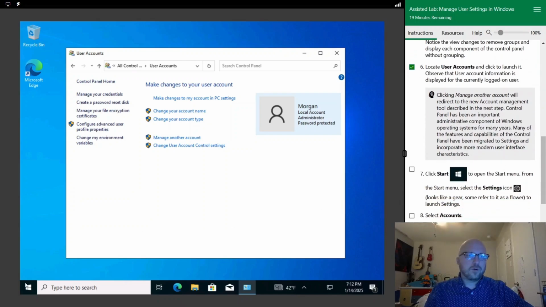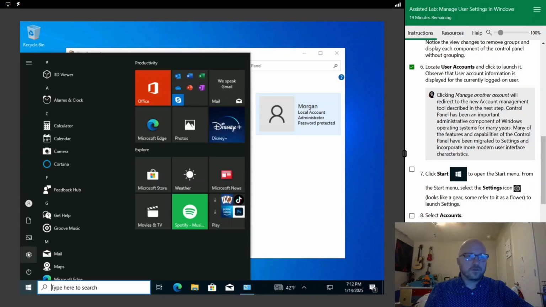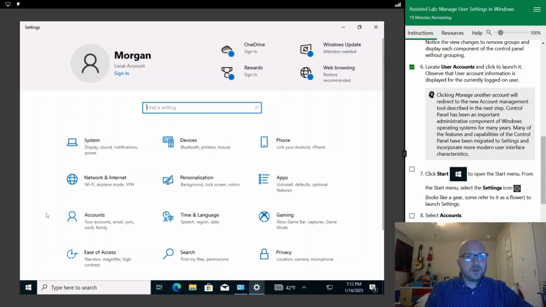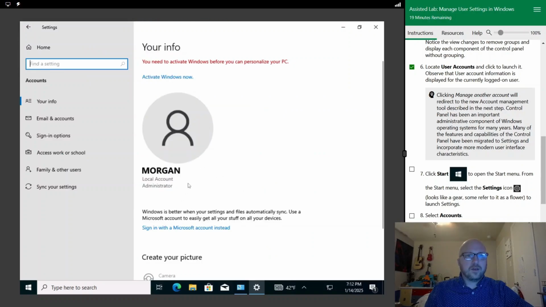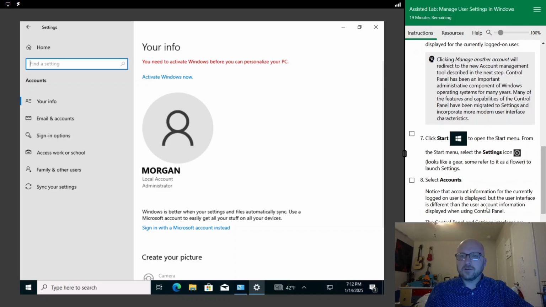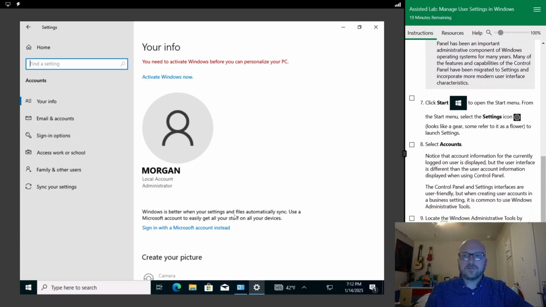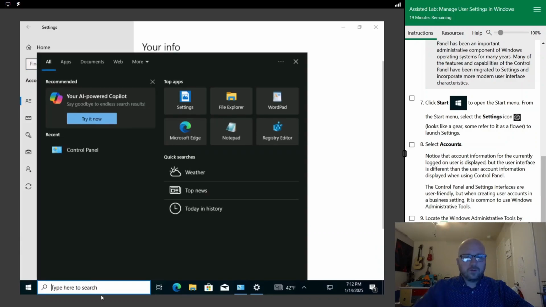And we're going to go to Start, Settings, Accounts, and it's going to show the same information, just in a different kind of interface. So it's two different ways to get to accounts, but since we're creating a new one, we're going to go